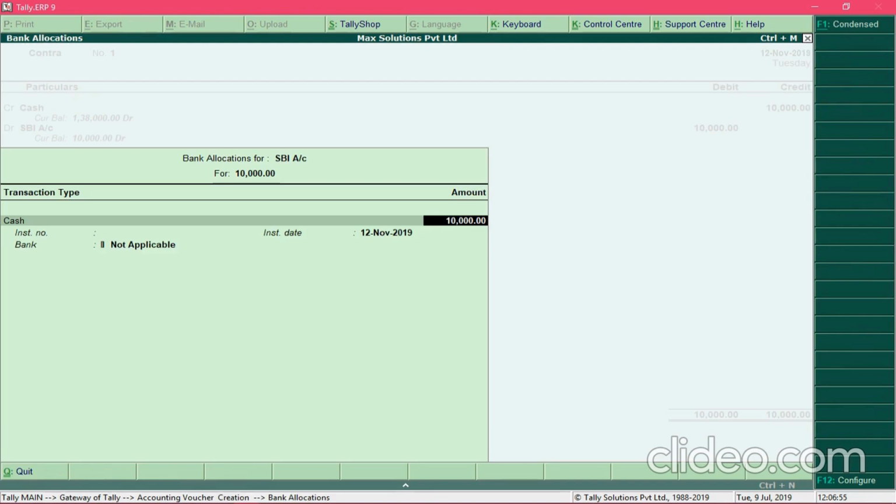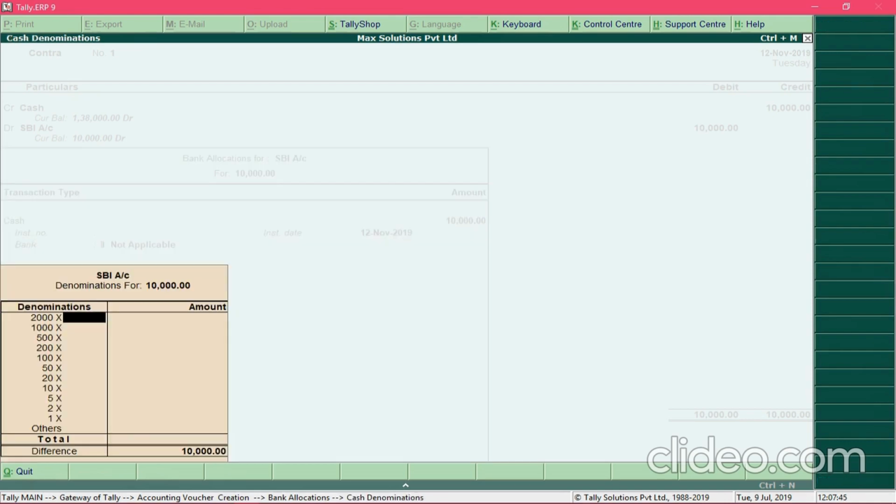You will be provided with a screen called bank allocations. What this screen is used for will be explained in the banking section. Now press the enter key again. The screen for cash denominations will appear. Here you need to provide the information regarding the denomination which you have deposited.